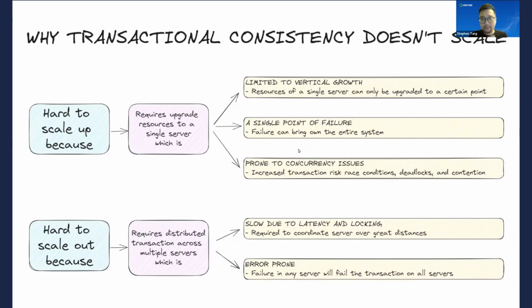So now we see that transactional consistency is not easy to scale out. However, back in the day, developers continued to use it because there was just no better choice at the time. And this, along with the complexity of core business data, started to result in databases that were huge, monolithic, and tightly coupled to many parts of the business. And this brings us to the rise of eventual consistency in the 2010s.